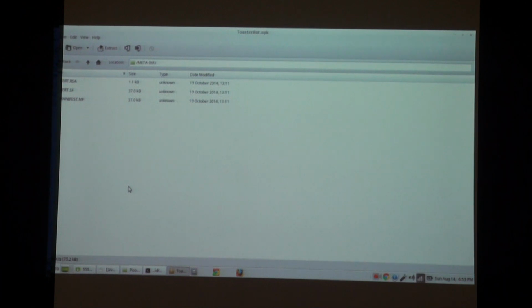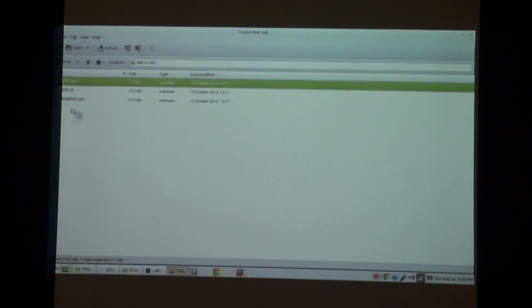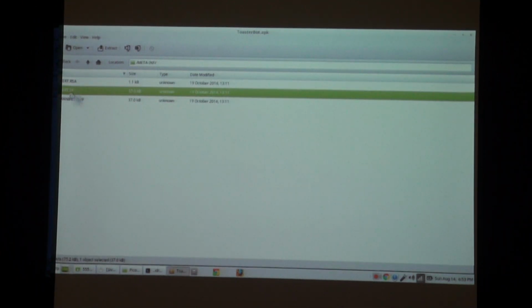You can see there cert.rsa, which stores the RSA certificate, and cert.sf. I talked about the digital signature, so this is how it is done. The digital signature will be stored here. We also have the manifest.mf file, which references every single resource within the Android application.